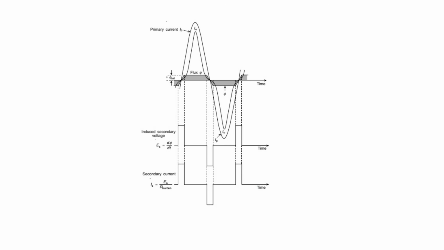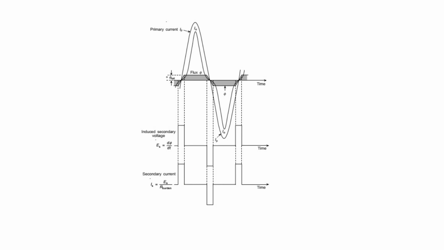It can be seen that in order to reach the peak of the sinusoidal flux waveform, the CT is driven deep into saturation, and due to the flatness of the excitation curve in this region, a very large amount of excitation current is demanded by the CT. And the waveform of the exciting current, of course, becomes distorted, in fact very peaky in nature. As you can see, we have this flux, the magnetization current, the primary current, then the induced secondary voltage, and the secondary current, which can be obtained from that.